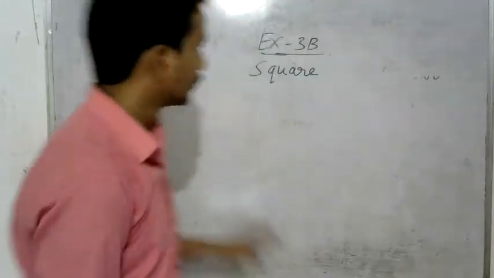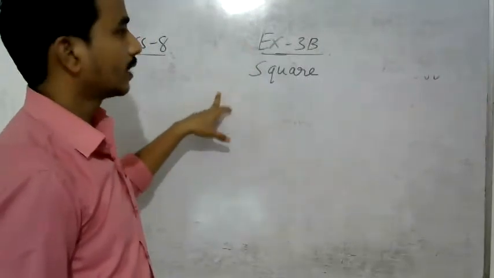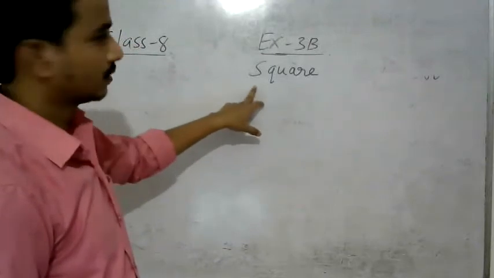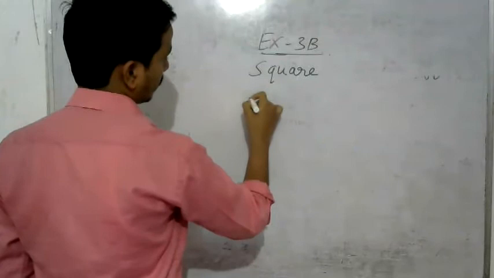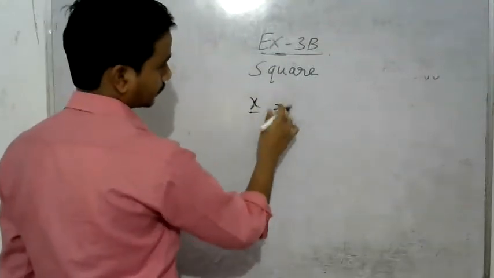So today we are going to revise exercise 3B of the chapter Squares and Square Roots. Now let us understand what a square is. The square of any number x is equal to